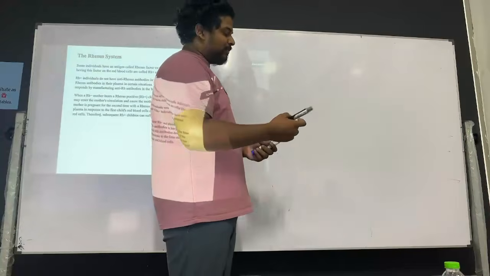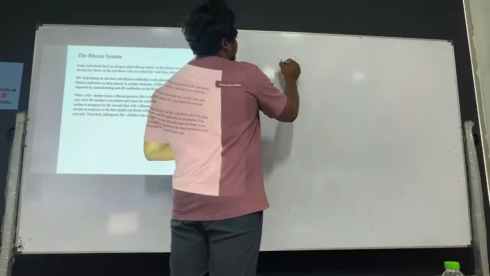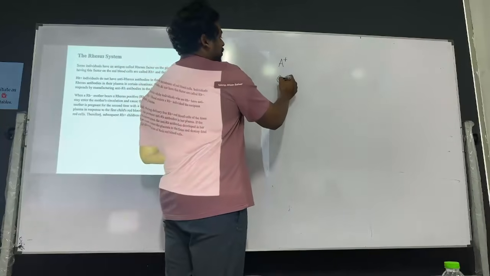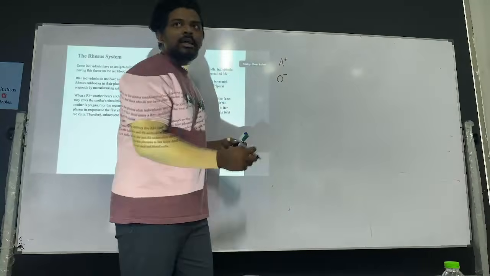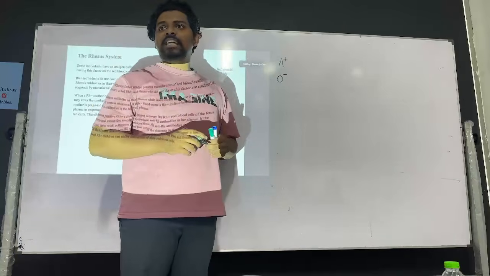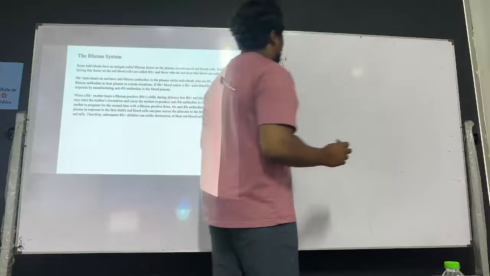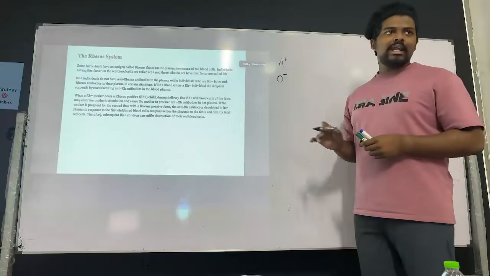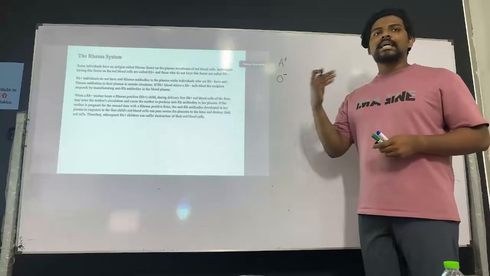My blood group is A positive. My wife's blood group is O negative. Maybe let's say 5 to 6 years down the line, I have my first child. Now a person with A positive blood group and O negative blood group, there is a chance